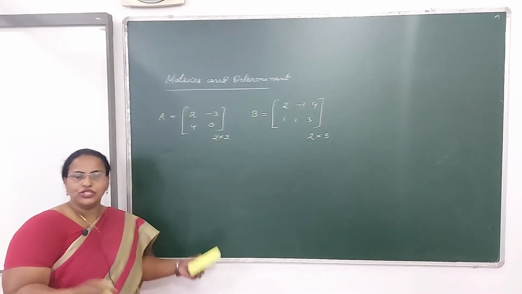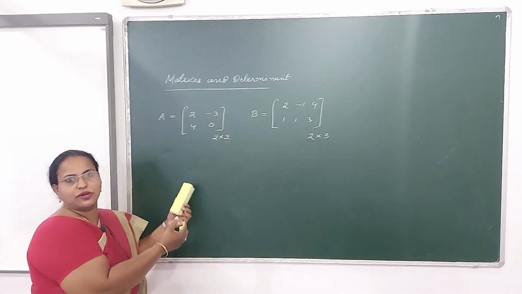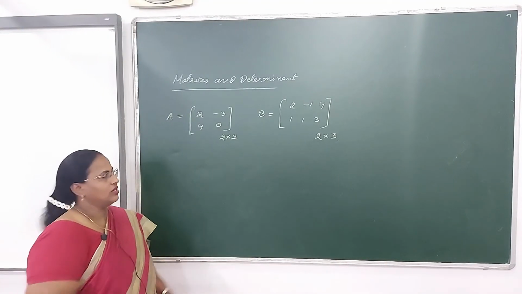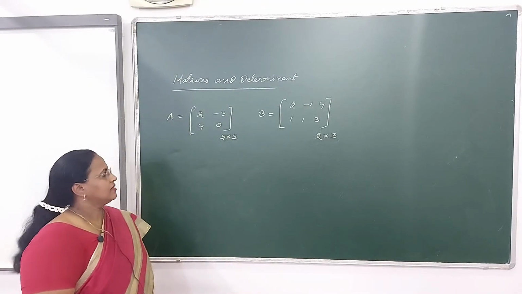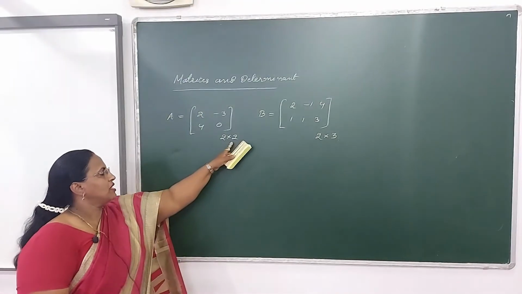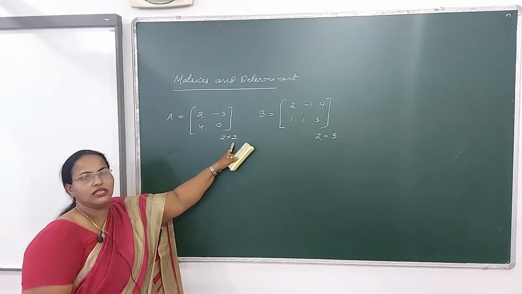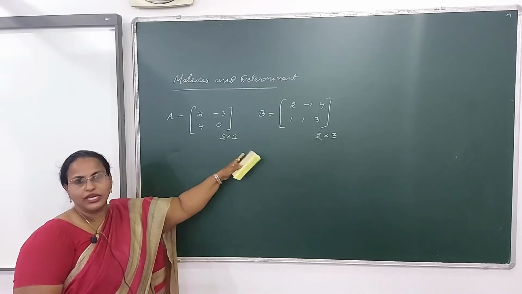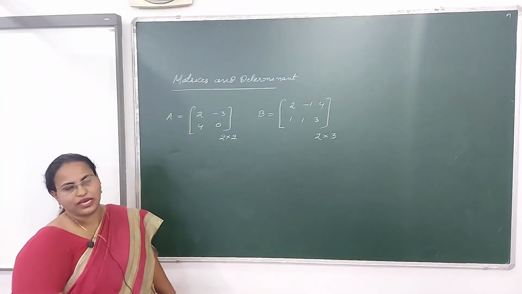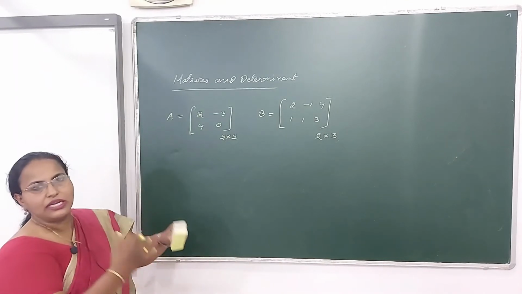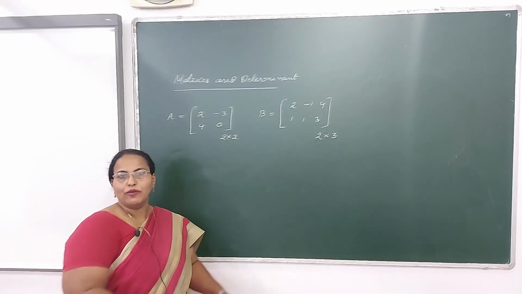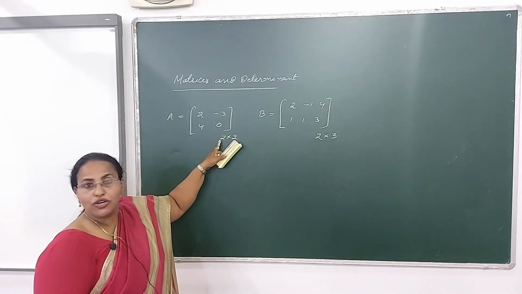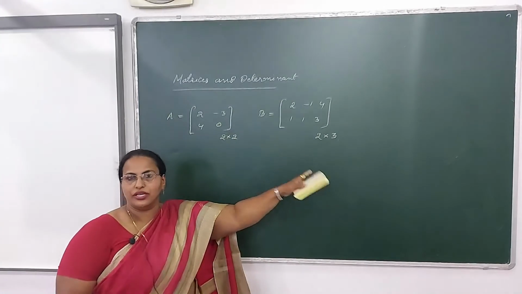Now I think you know the answer whether matrix multiplication in this particular example is okay or not. You can multiply it or not. Yes, the answer is yes. Why so? Because the number of columns here is 2, number of rows there is 2, both are equal, so definitely we can multiply. And after multiplication, what will be the order of the resultant matrix? It will be of order 2 by 3.